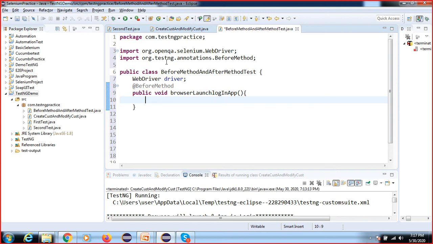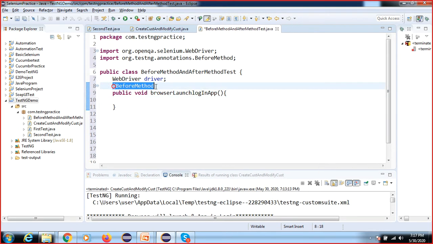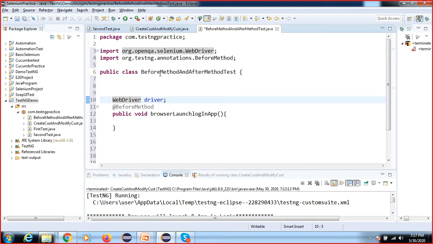Sorry, I didn't get you. Are you asking about the annotation? This is the class name. If you are creating a class, this is the class name. Simply the class name I have written here. Public means you can access it anywhere. Why did I write it like that? Your question is